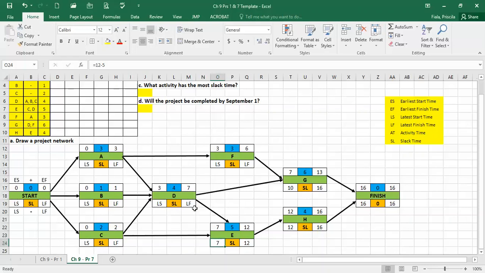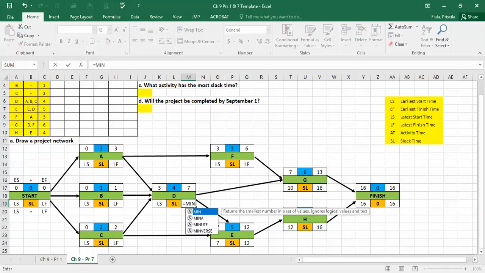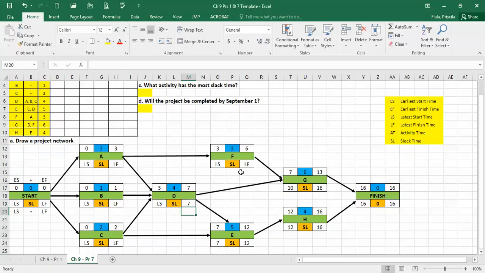So if you would do equals to the minimum, the same way I did the maximum, between the ones that are connecting, which is 10 and 7, it is going to tell you it's 7. Right here, the only one would be 10. See, the arrow is just going to that one. Okay. Over here,